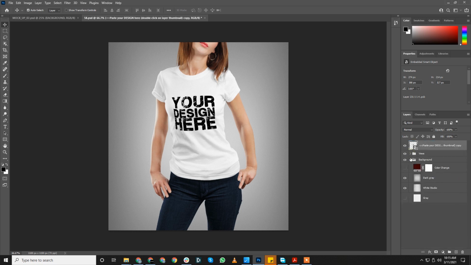Okay, and then here we can just reduce the opacity and fill. So this layer will act only as a placeholder. Sorry, I had to stop. Okay, so this will duplicate this layer and we will change the opacity to 0 and fill to 0. It will only act as a placeholder so that bulk mockup identifies the smart object layer, and then if it replaces something here, the design will automatically replace.